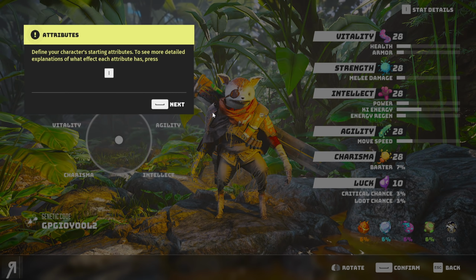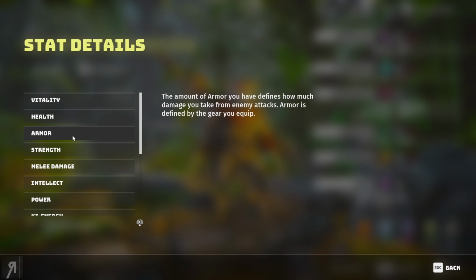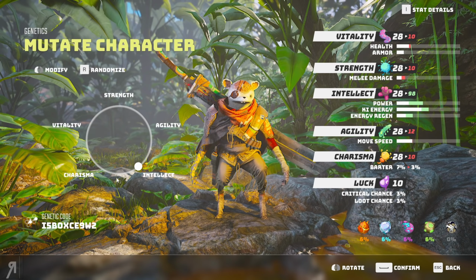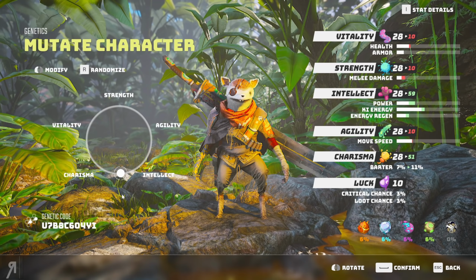Define your character's starting attributes. To see more detailed explanations of what effect each attribute has, press I. Well, thanks. Define your genetic structure. Alright, so yes, I would obviously like to go for something like this, wouldn't I? I'd like to go for more intellect as much as I possibly can. What about charisma as well? Bear in mind that charisma might actually be super useful for us, because, you know, barter? Is that really useful? Let me take a quick look. How easy it is to persuade others. Yeah, I actually quite like that. So let's try to go for a relatively high...